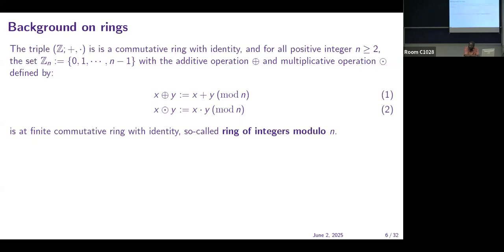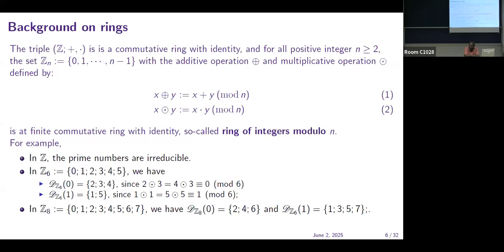The addition and multiplication are performed modulo n. This algebra structure is called the ring of integers modulo n. For example,